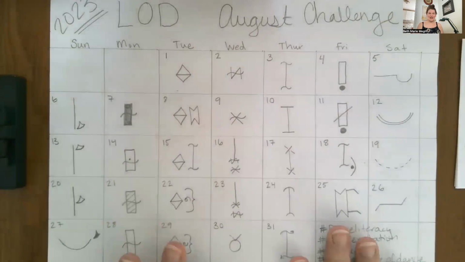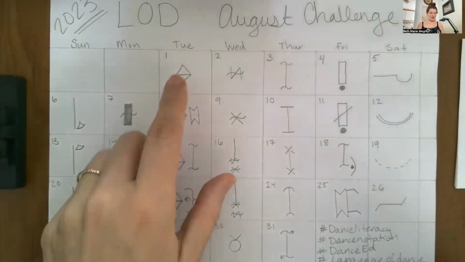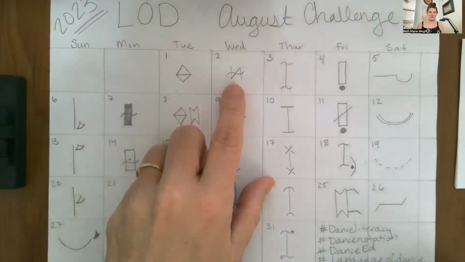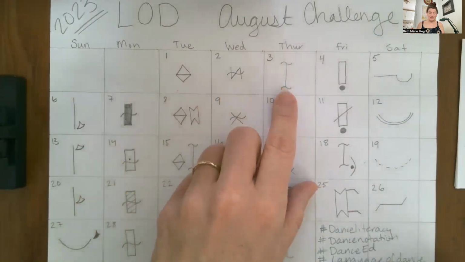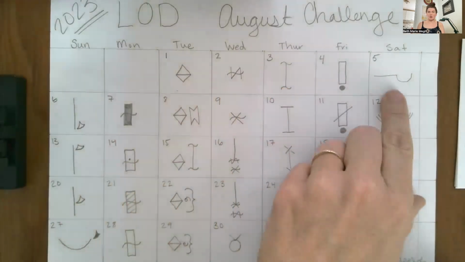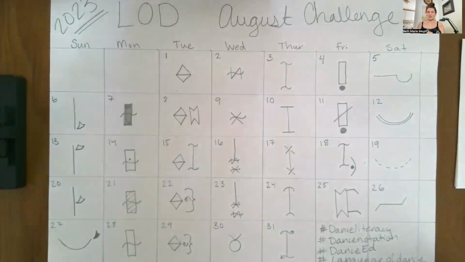So here we have the entire month, right? So on Tuesday, we started with shape. Wednesday, we had extension, any pathway, traveling on any pathway. Today is balance, and tomorrow will be addressing. That's going to finish out this first week in August. And so what I thought I would do is I would talk a little bit about how I organized this